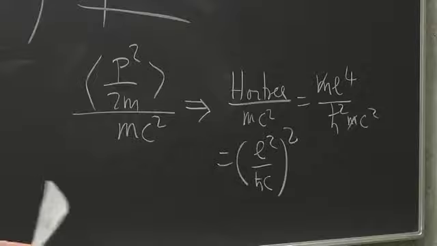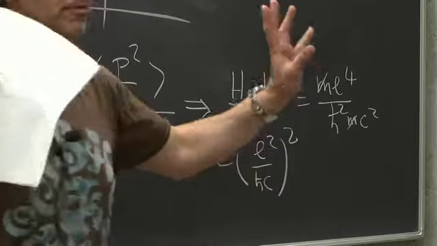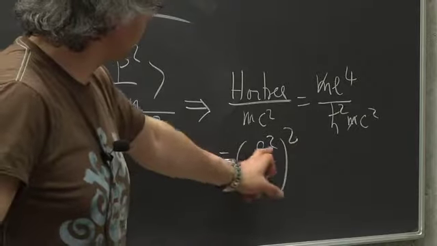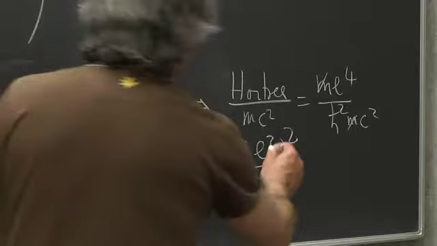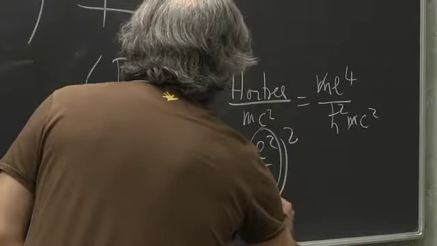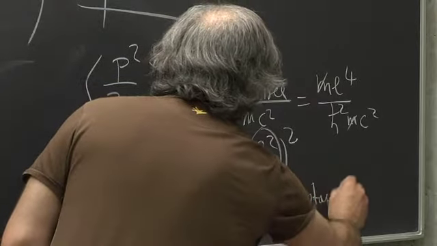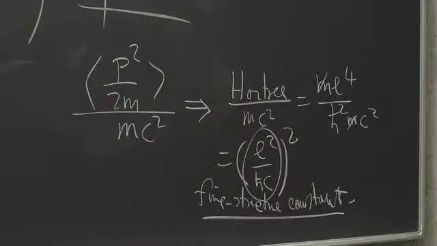This is a very fundamental constant. e squared over h bar c, all very holy constants of nature, okay? The charge of the electron squared divided by h bar times c. This is called the fine structure constant. The reason for this name will be clear in a while, when we will study in a better way